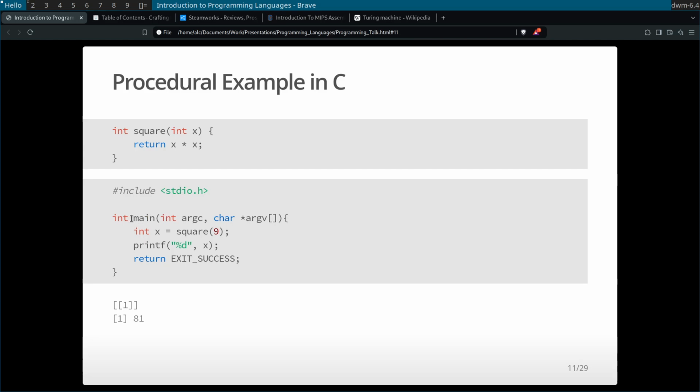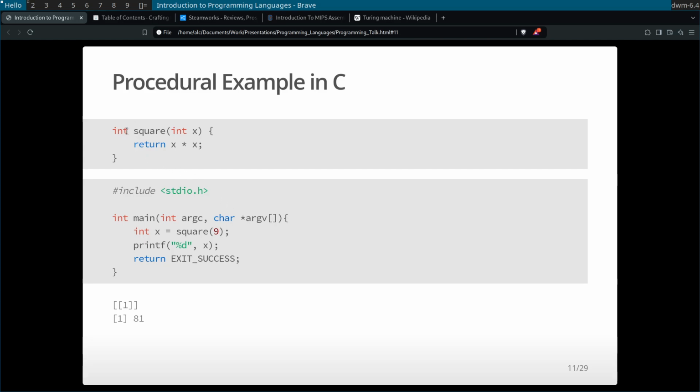All programs for C technically start at a main function, so I have to declare that function. And then I call the square function and store it in a variable called x. And then I print it out so you could see the result of that here. And then I return with an exit successful to tell the computer that I'm done running this program.